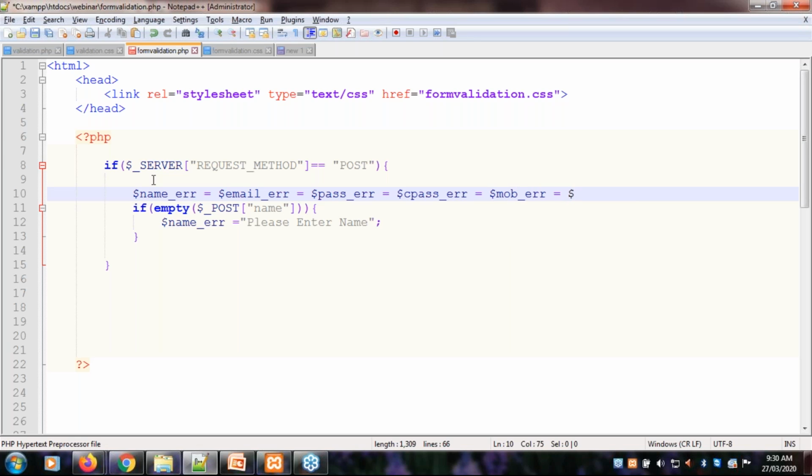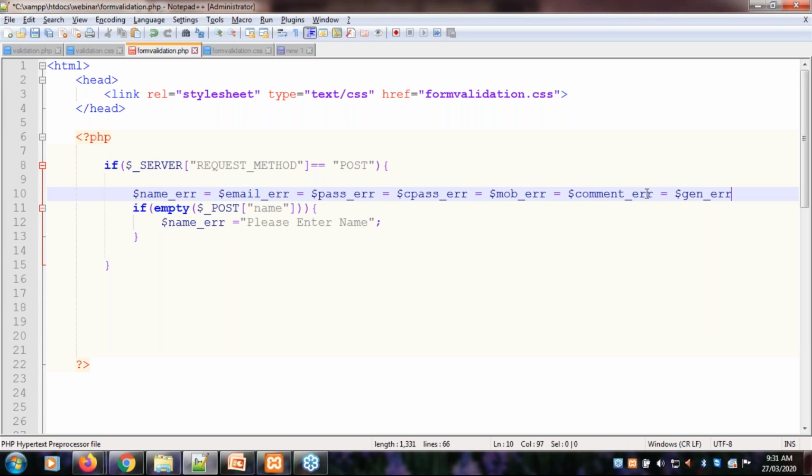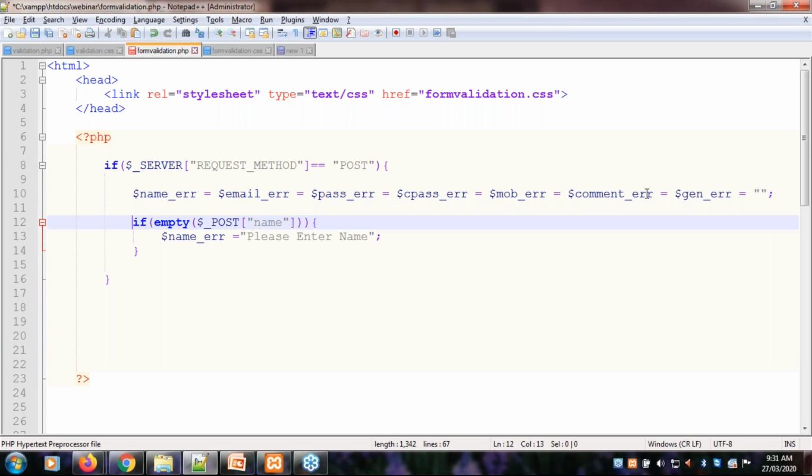For displaying a comment error, $comment_err. Then in the same way, to display gender error, we are using $gnd_err, and set them to empty. By default, the error message is empty.